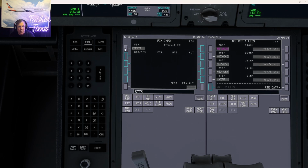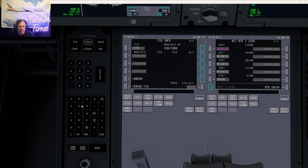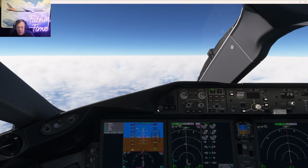Right there. Previous controller, and then go CYYR. I'll show you what this does for you. 512 is the most that you can put in. And when you go to the map...